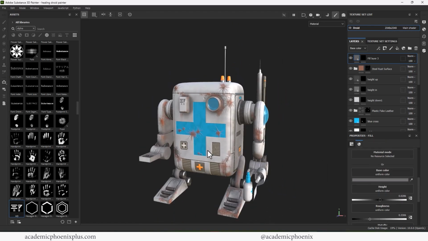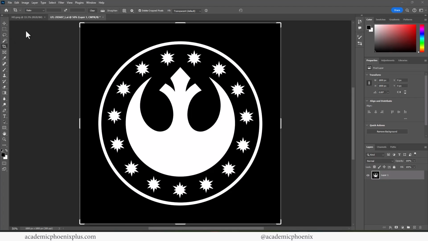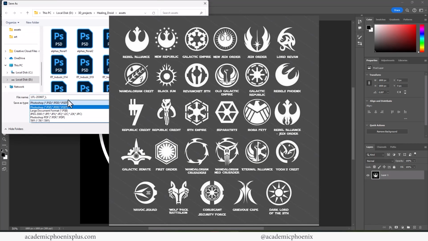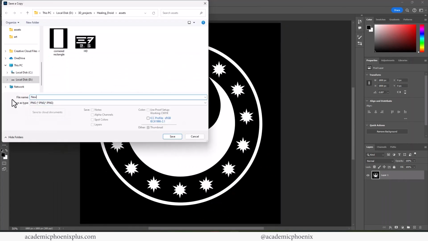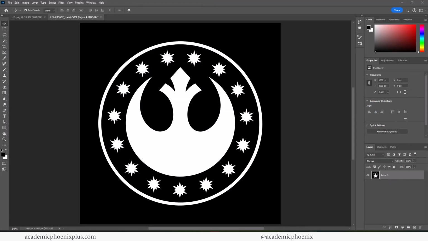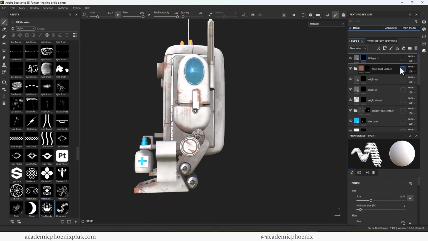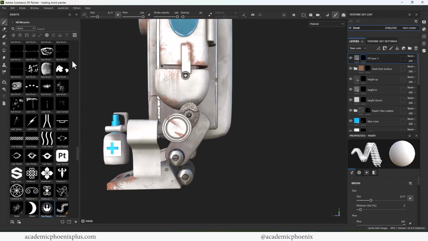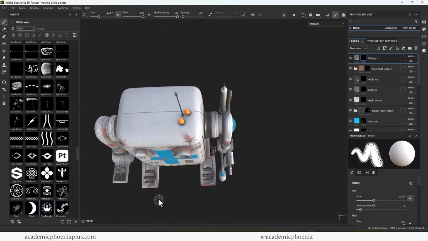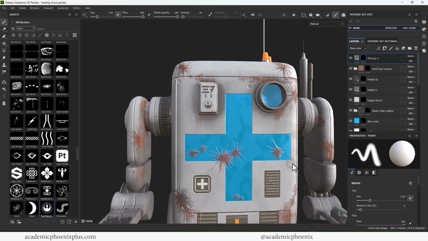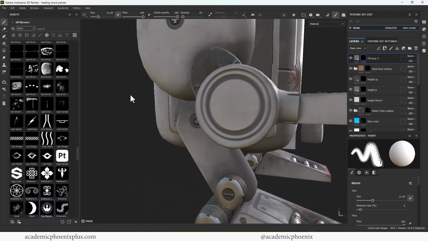I also wanted to make sure that this robot existed in the Star Wars universe, so I made an alpha of this symbol, which is the Republic. I didn't realize that there were so many symbols in Star Wars, so I thought this one was a cool one. So I brought it in, created it as an alpha, and decided to decorate this robot with this logo. So I went ahead and placed it in the only area that had a circle on it. I thought I could put it somewhere else, but it didn't feel right, it didn't feel like it fit, so I just put the logo in a really nice circular area to make it all fit in. And there you go. That is how you can create a droid, texturing a droid